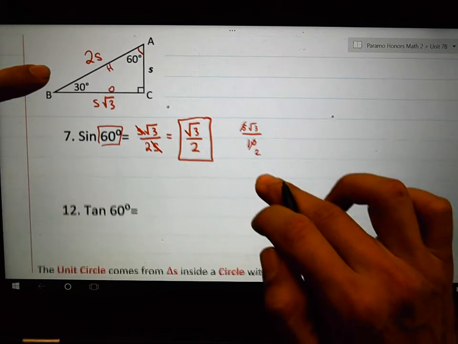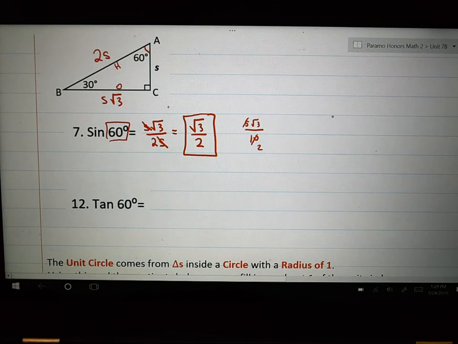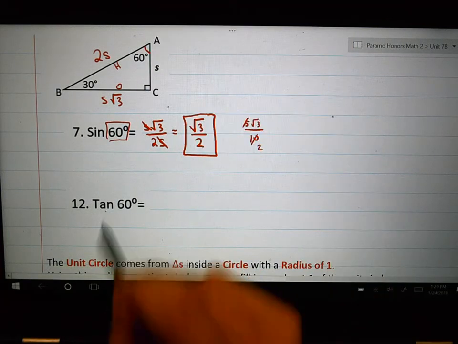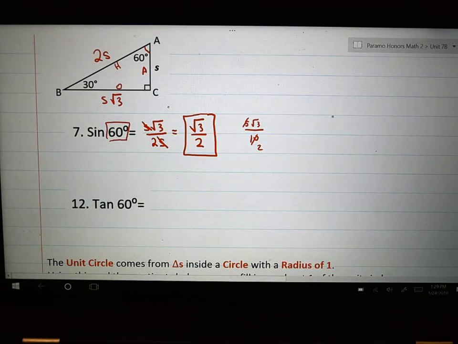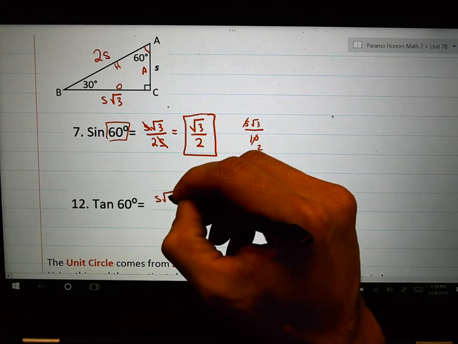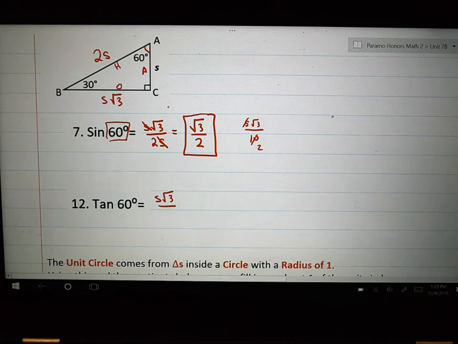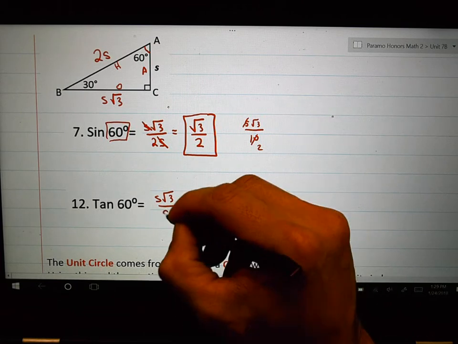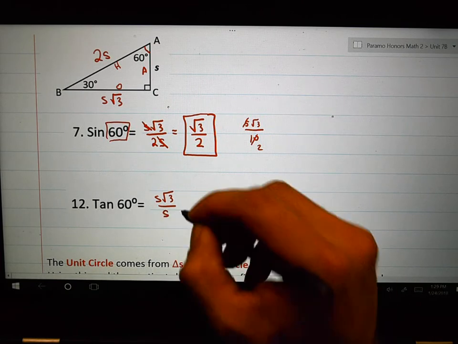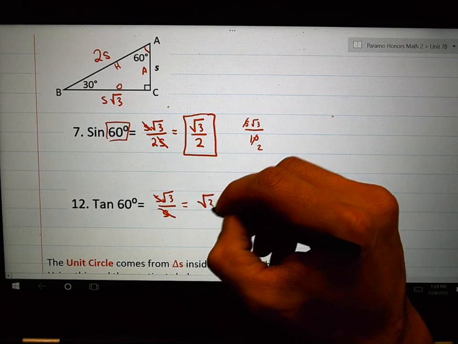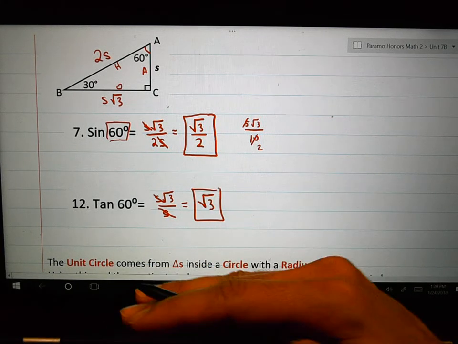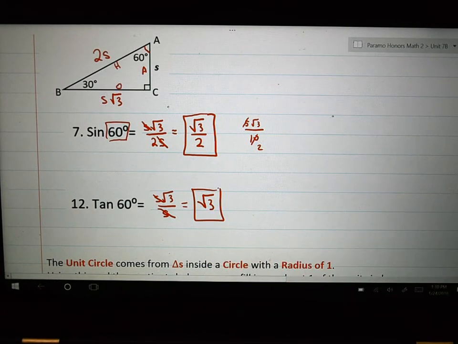Let's reduce the tangent of 60 degrees. Here's 60. Tangent. SOHCAHTOA. I need the A. I need TOA. So what do we write? S root 3. That's your O. What's your A? And then we see if it reduces. Does s go into s? Those are both coefficients. They're both outside the radical. They can reduce, which is root 3. The tangent of 60 is always going to reduce to root 3 no matter what for any triangle,